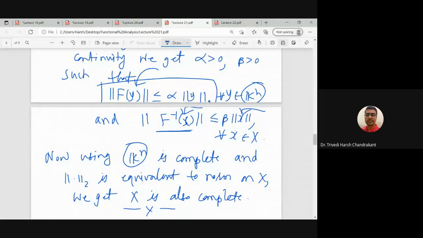So this is regarding the... any normed linear space is always complete. Now this finite dimensional condition is also equivalent to